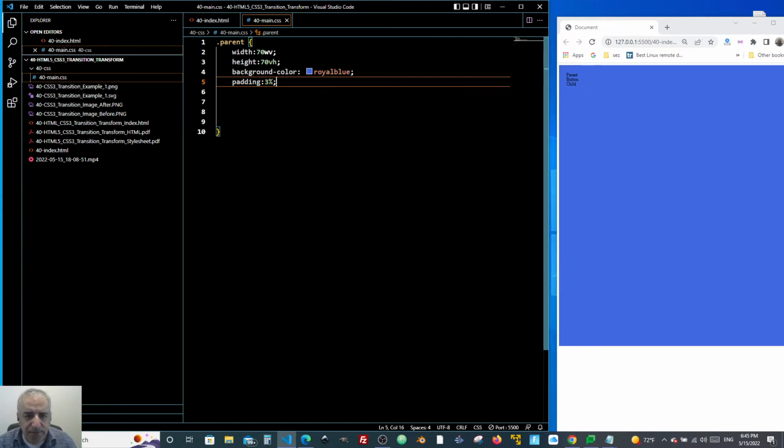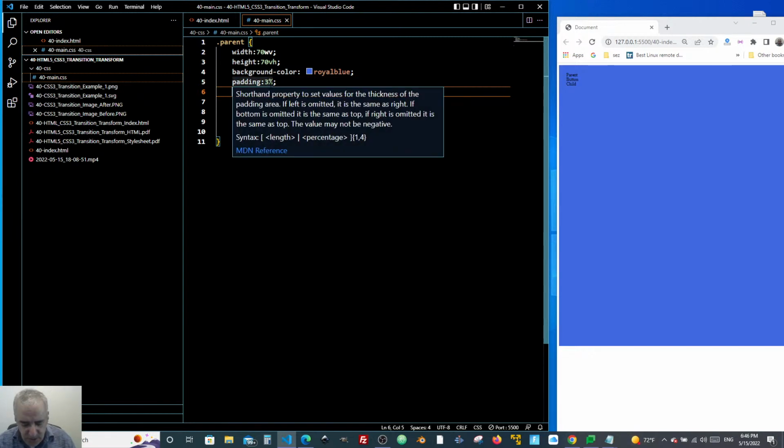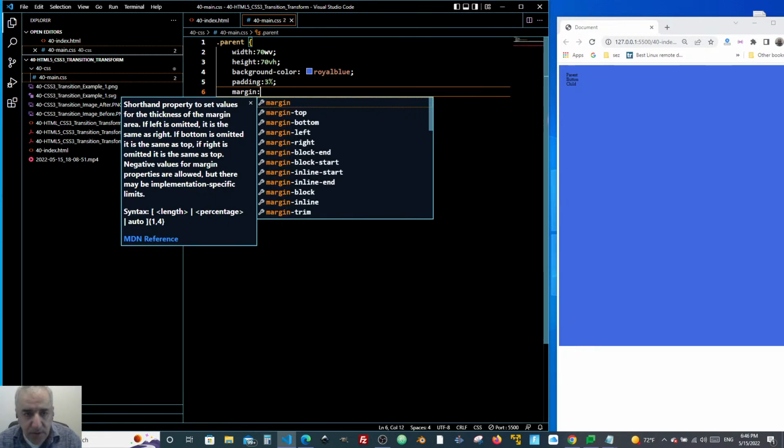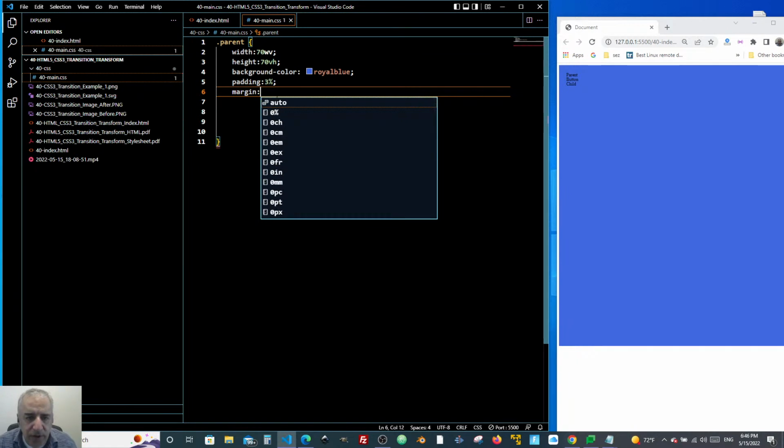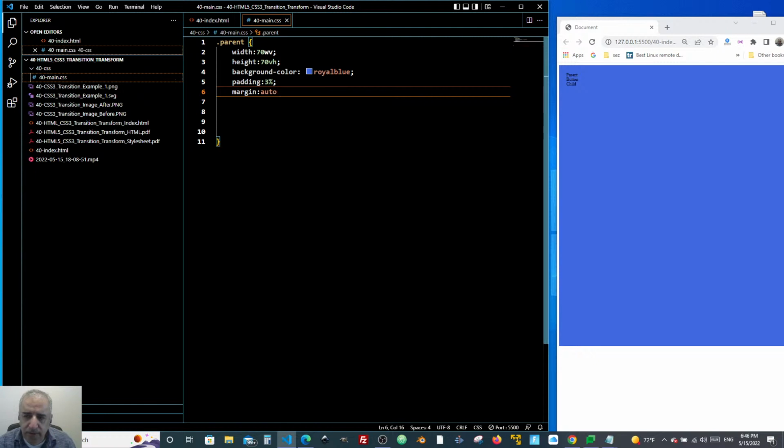And these you can specify each side, but now it looks like the 3% is good. It gave it spaces from the top and the left side. So we're going to give it a margin. Let's try the auto. And what the margin does is give it space between the box and the edge of the page, its parent container. So if we give it auto,